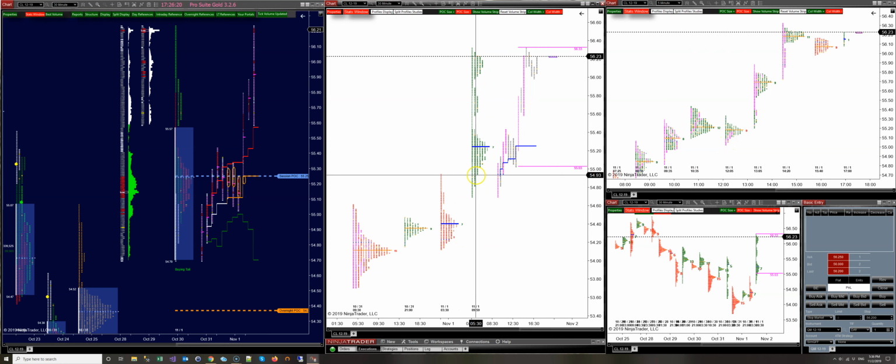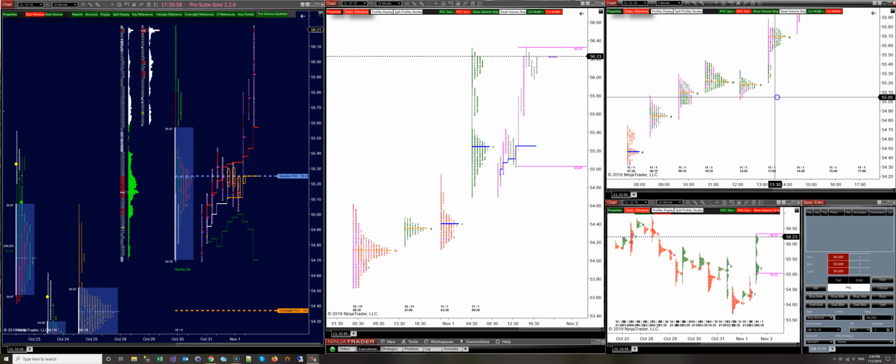Obviously, here we could have taken that we had a breakout here, and it happened to be exactly the same profile here on the classical and the time variable profile, but it is not always like that. I would say that it's rare that it happens this way, but it happened this way on Friday. So you see exactly the same profile, and we had a breakout of the last time variable profile right at the open on Friday, which could have been bought here based